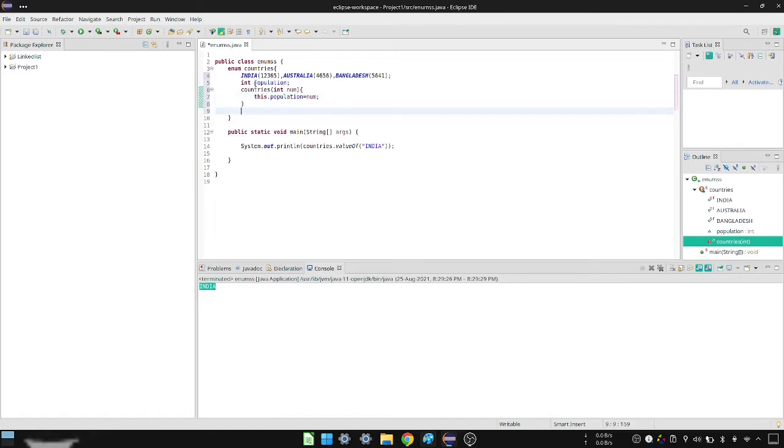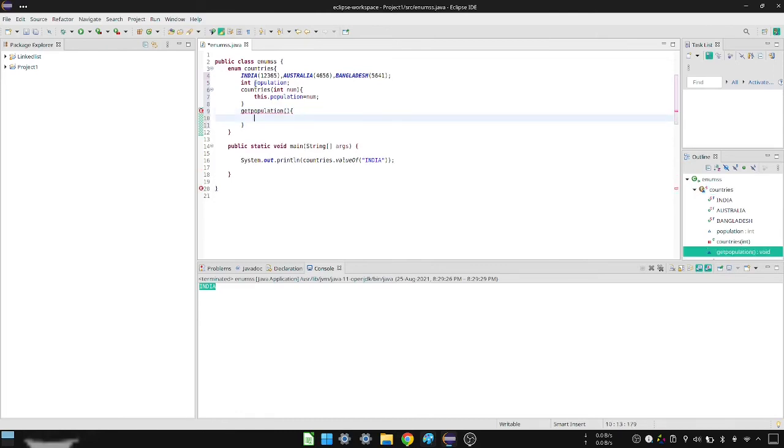Now if I want this, then we make a getPopulation function, and it returns an integer. It returns population.